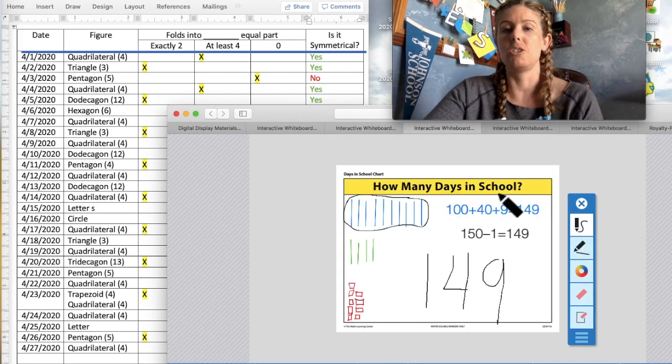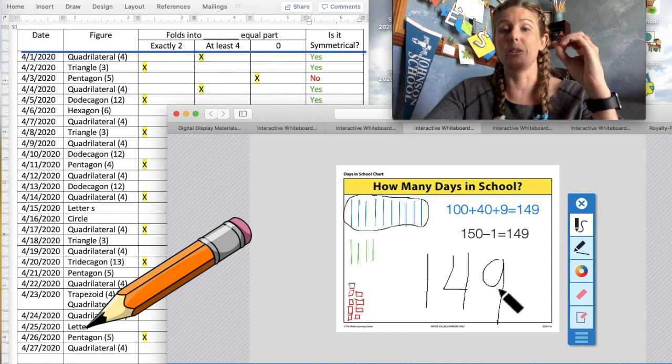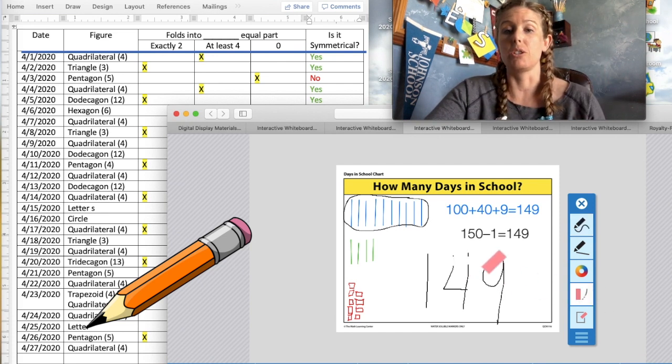Let's come and change our days in school chart to match our X's chart. We were in school for 150 days. So looking at our number here, what do we need to change? We need to change this 4 in the tens place value to a 5. And then we need to change this 9 to a 0. So as I'm erasing, first grade, make sure to write down 150 on your piece of paper. I'll write in mine